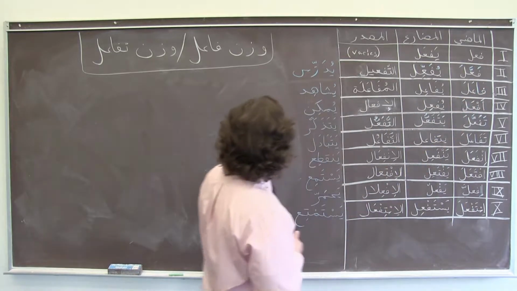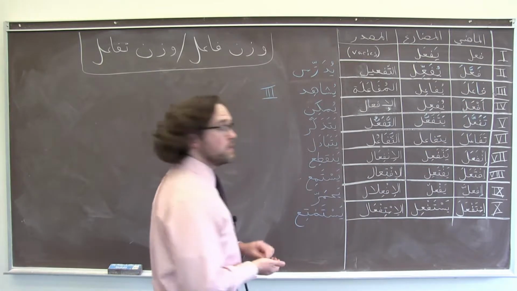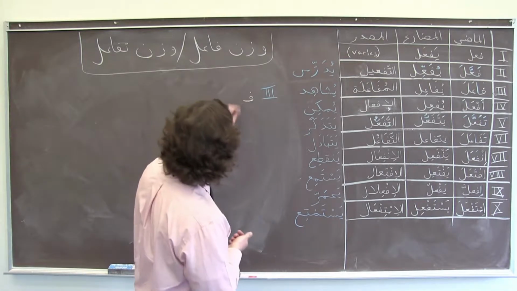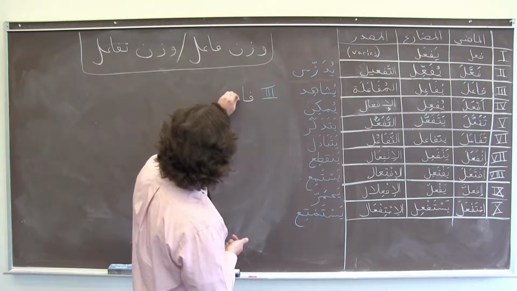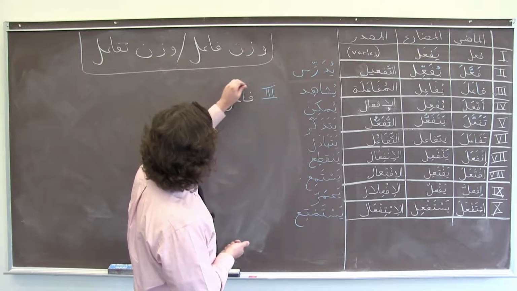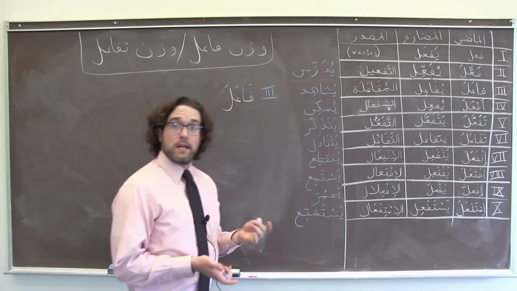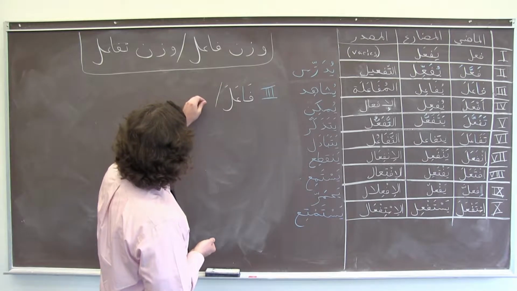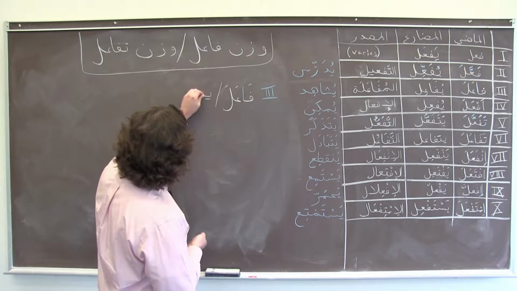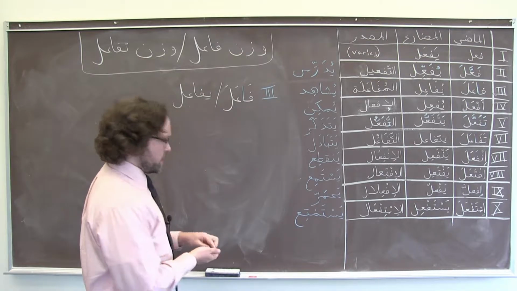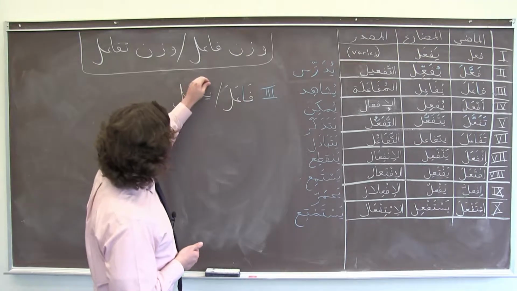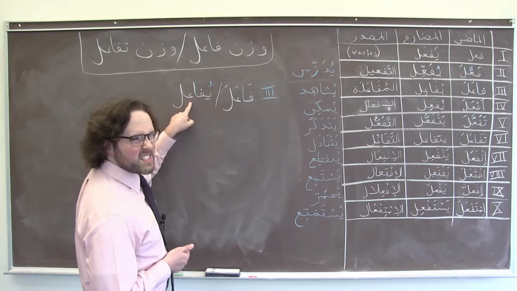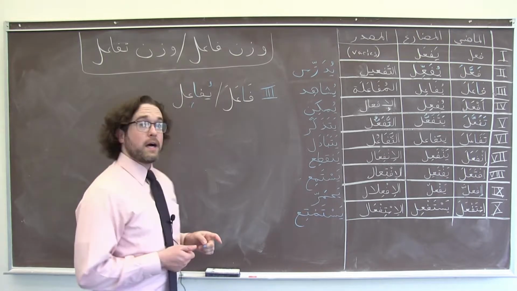In the past tense for form 3, the alif would be the major indicator. I would have the first letter of my judr followed by the alif, and then ayn, lam, voweled fa'ala. In the present tense, I retain that alif, but the vowels are a little bit different. On the prefix, whatever it's going to be, I'm going to have a dhamma. I'm going to keep that alif, and then on the second letter of the judr, I add a kasra